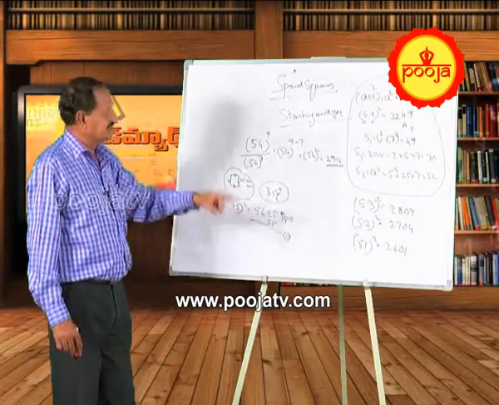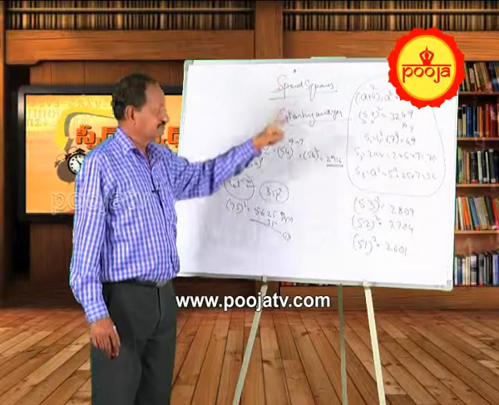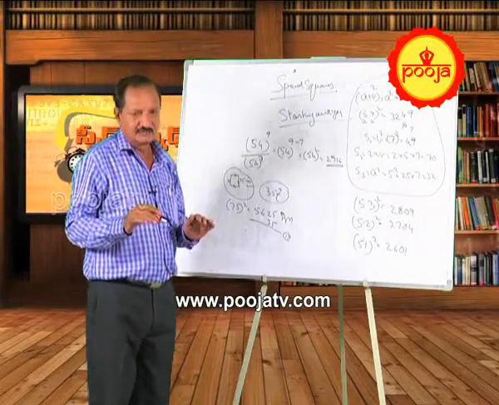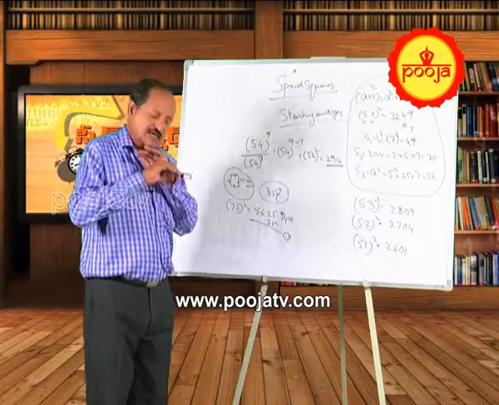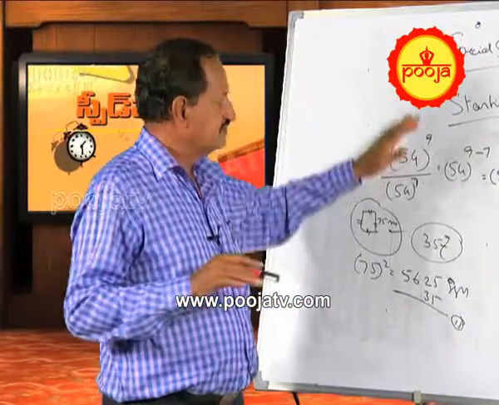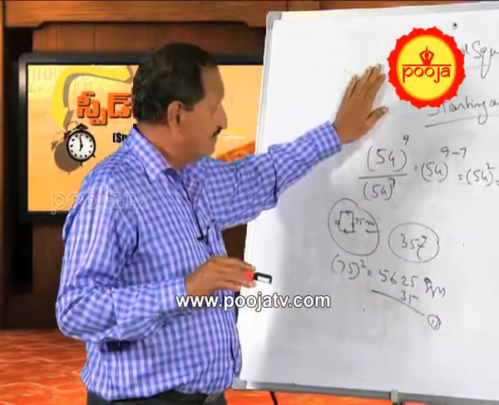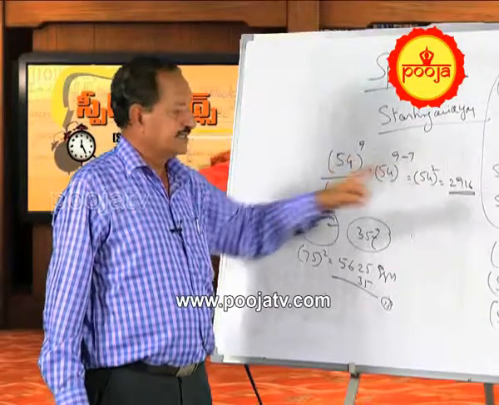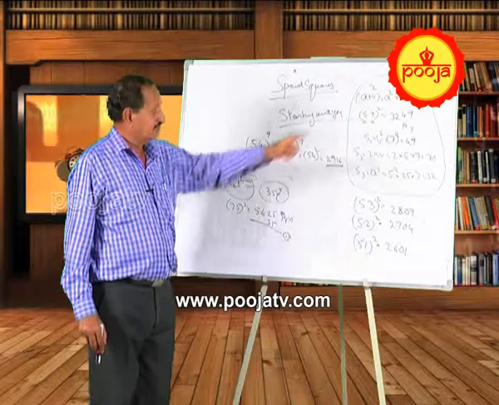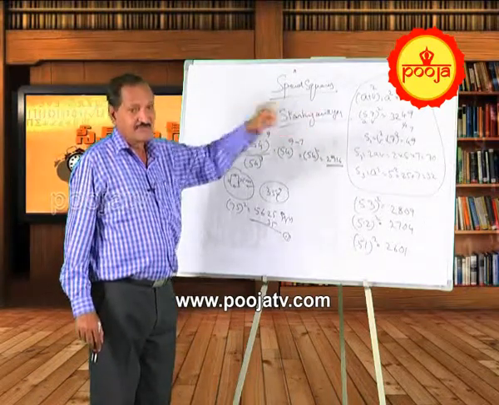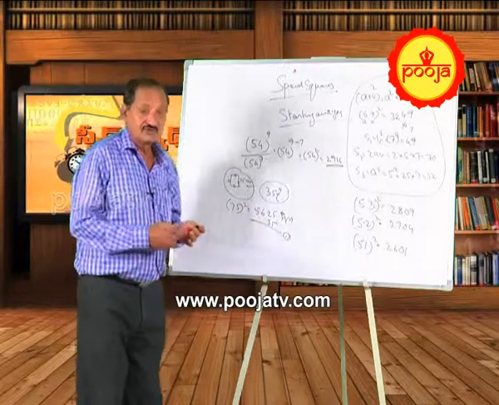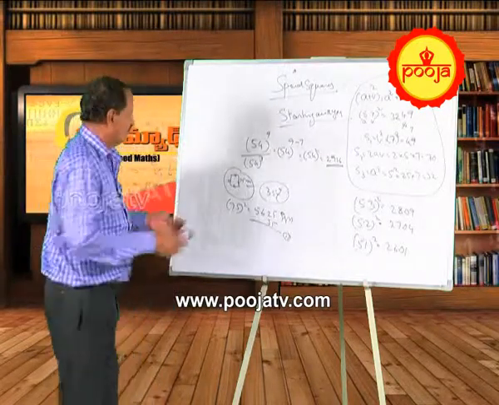So, these three methods: using a square, (a plus b) whole square is equal to a square plus 2ab plus b square, that is permanent. You can use that formula for any 2 digits, happily you will get it. And the thing you have to remember here is, when you are operating 2 digits, you have to take 1 digit only. When you are applying that rule, a square plus 2ab plus b square, I am revising, because you are operating 2 digits, you have to take 1 digit only, like this.